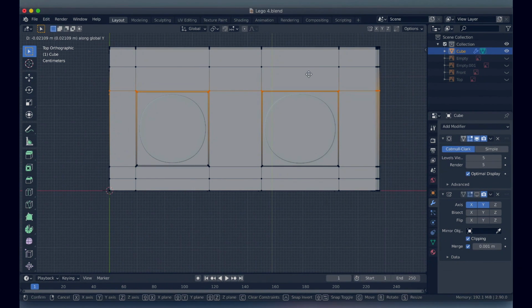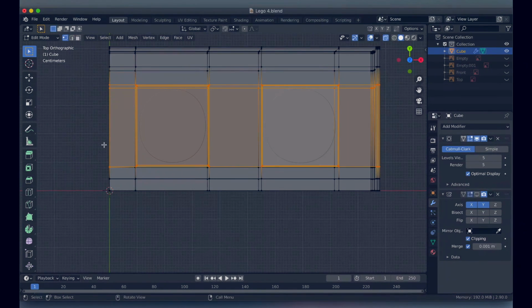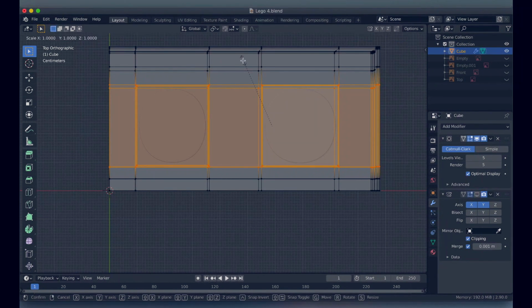Alright, you might also want to, just to make sure that you're not moving these over too much, shift and select, sorry, in X-ray mode, Alt Z, shift and select all of these, and then you can instead use scale in Y. And that should give you,